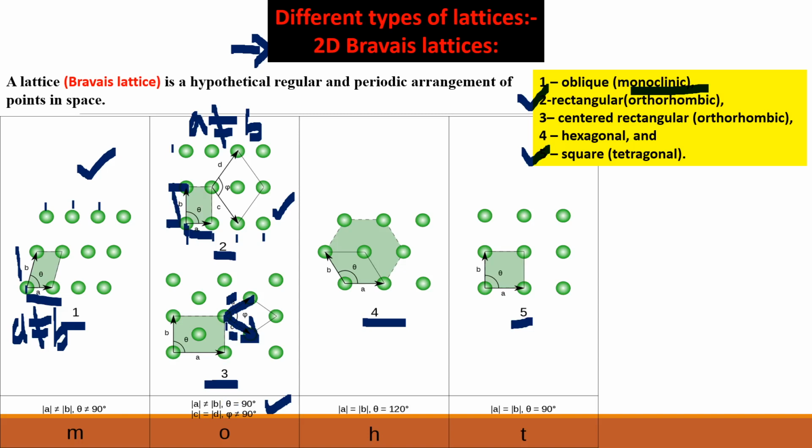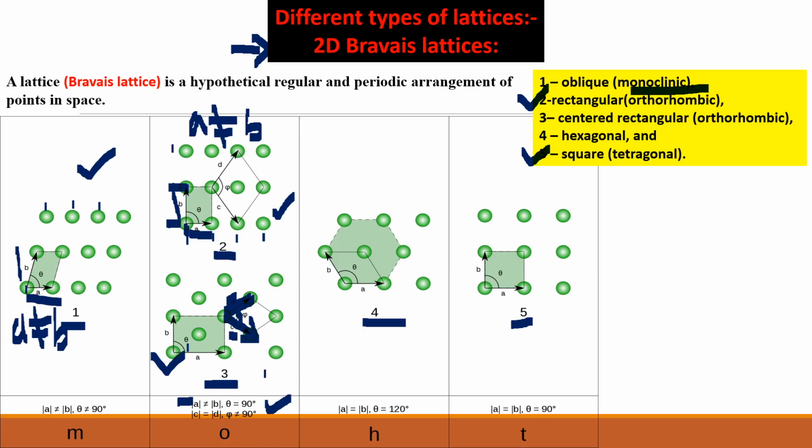Sorry, these axes are equal, but the angle does not indicate 90 degrees. Here, figure 1 indicates that a is not equal to b, but theta is equal to 90 degrees. But if we draw the plane again, that is the Bravais lattice plane, it shows that c is equal to d. C, from this atom to this atom, is similar in length to the origin to the d axis. But if we count the angle, that angle is not equal to 90 degrees.